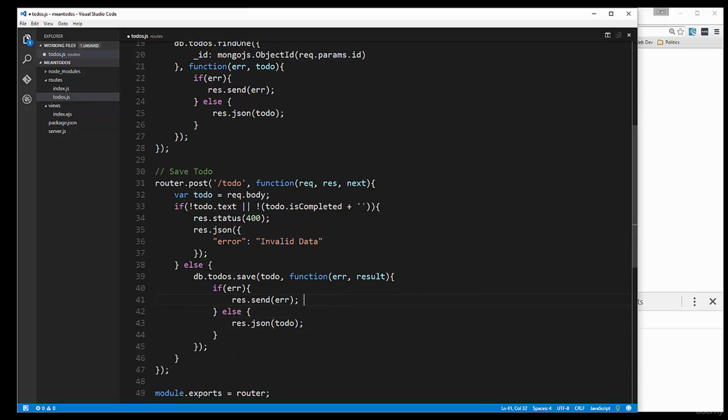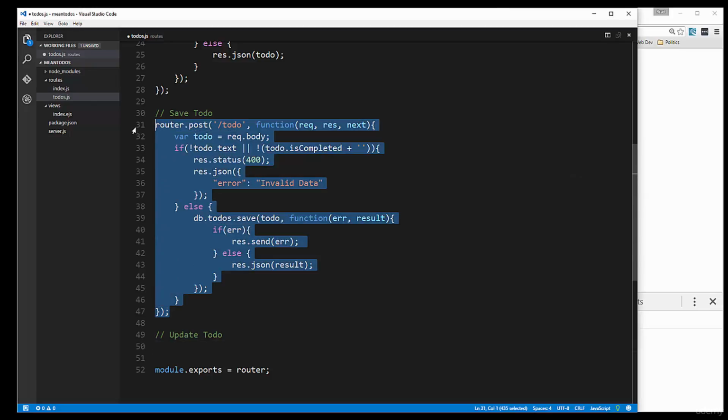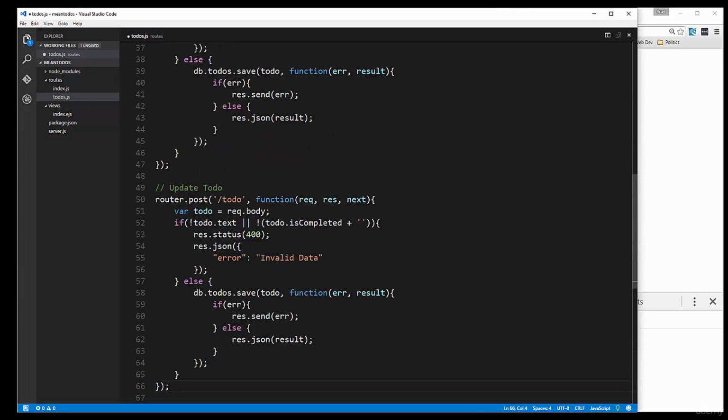Okay, and let's just change that to result. Alright, so that's our save to do. Now we want one to update. So what I'll do is just copy this, paste it in. Now this is going to be a put request since it's an update. So we're going to say put, and then we also need an ID, so we're going to say